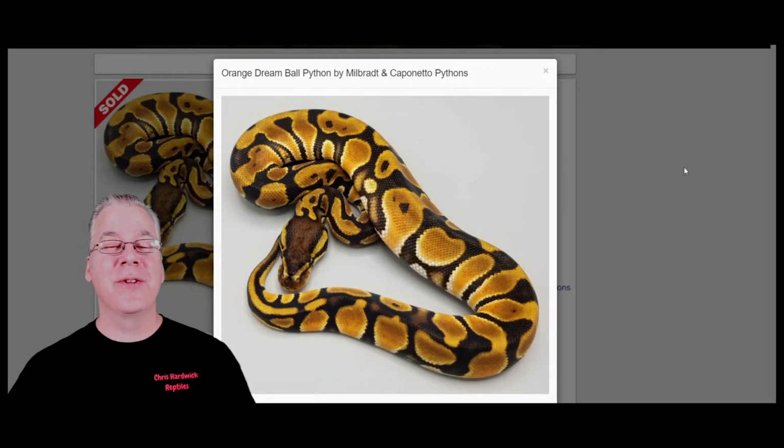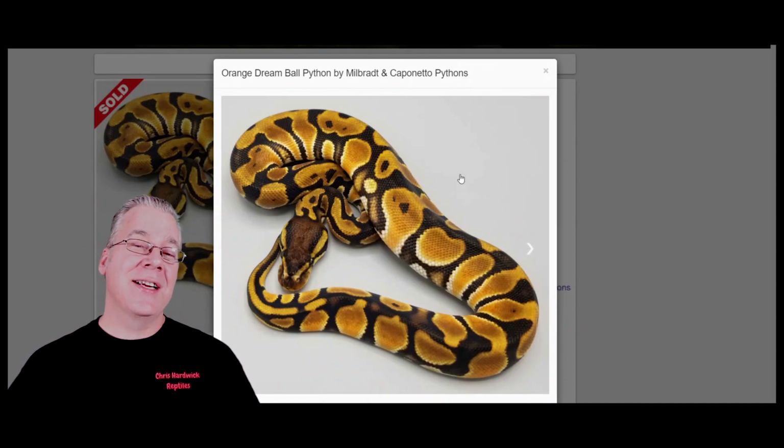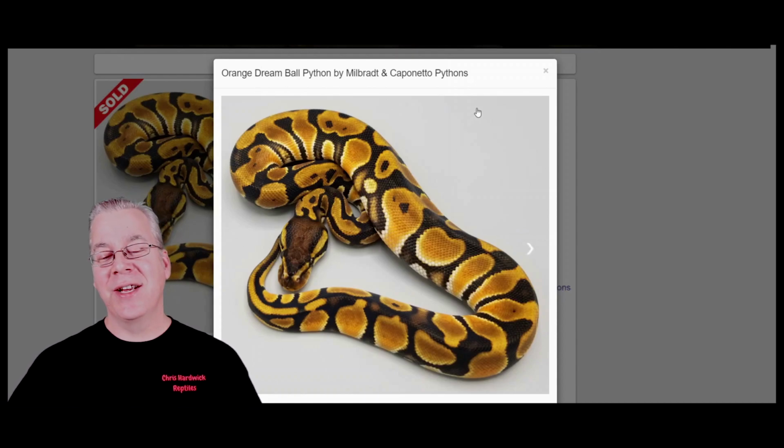This is a really popular gene in ball pythons, and it's actually a brightening gene. So a lot of times when you work orange dream into combinations, you end up with a lot more oranges. Sometimes you can make some really bright yellow and orange snakes, working orange dream into a lot of your other brightening genes. And the orange dream, a lot of times it'll actually reduce the patterns,